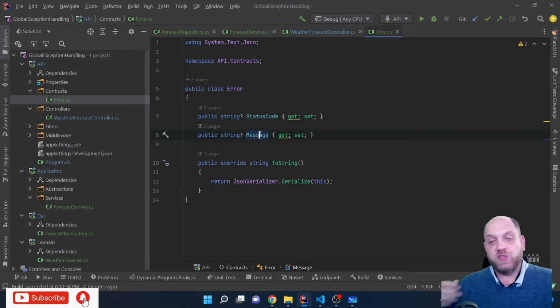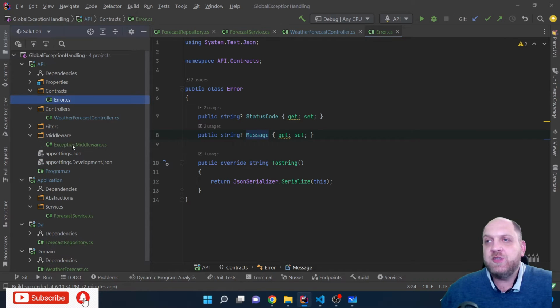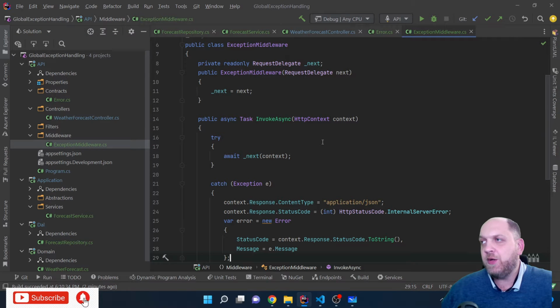So in order to achieve this and make sure that we always return a certain error response with the same structure, and of course in JSON format, because our API here is responding in JSON, so we have to stick to this even if we are returning errors, we have, as said, two different strategies or two different possibilities. So first of all, we can use a middleware. And if we look into this, I have here created a custom middleware